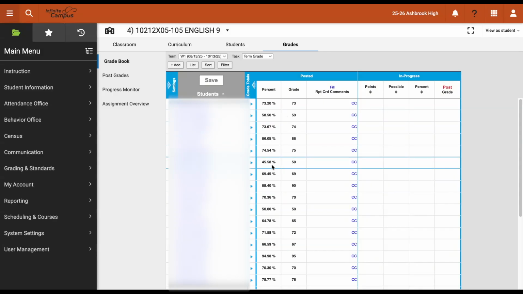So here's an example where I have a student where I manually overrode their grade column to a 50, but their percent column is still their original grade. Now, if this is an open grading term, you can go in and change that value and save, but because this is a closed grading term, and for you guys, this would be grayed out, I'm going to need to follow whatever process my data manager or my administration has for requesting a grade change